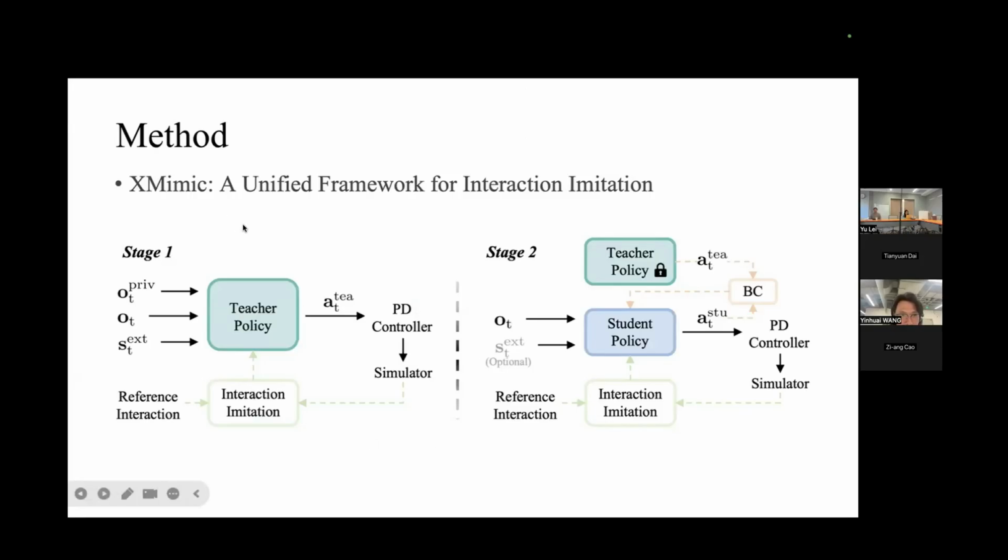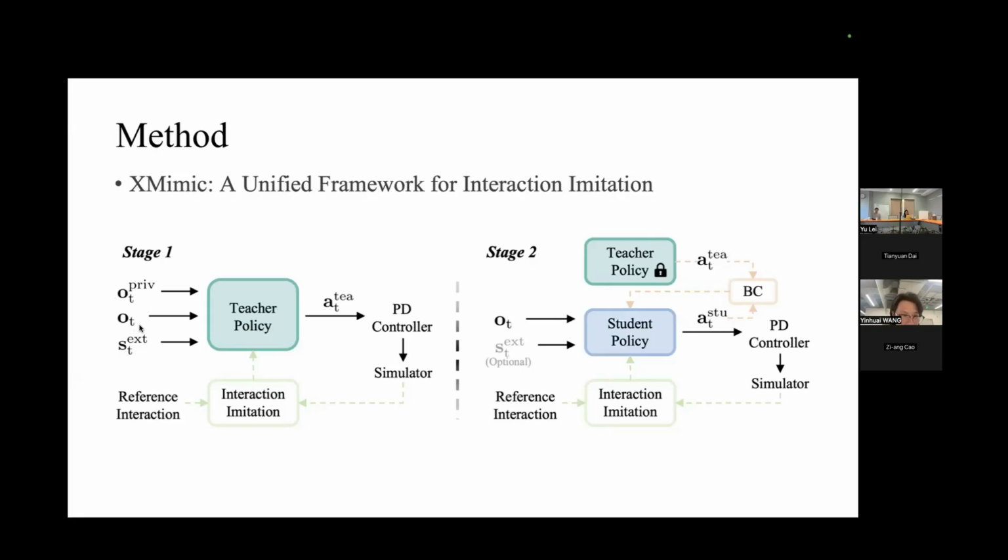For the first stage, we train a privileged teacher policy, which observes privileged observations such as the object states and the reference data information, such as the tracking target of the body position.